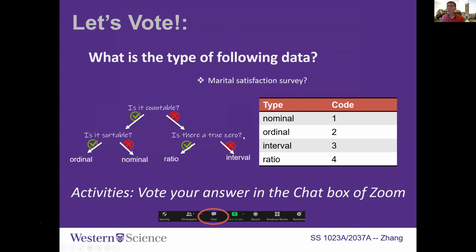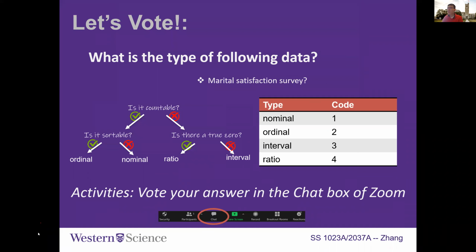Yeah, I guess most people get it right. So it is ordinal data, but some people believe otherwise. Let me see. I just see a different answer.